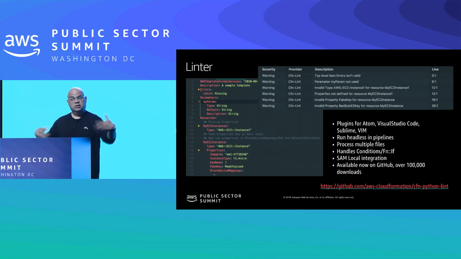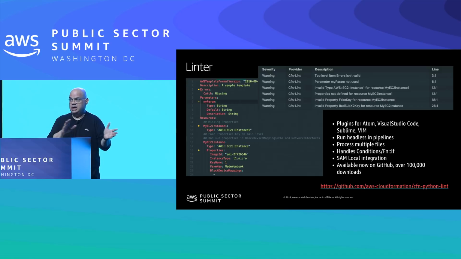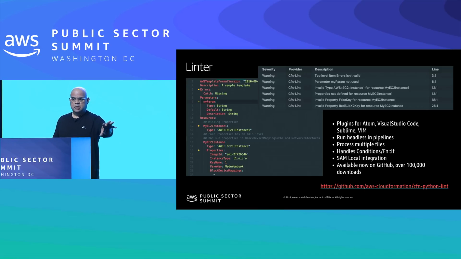And we continue to maintain it as well. But where the linter is right now, compared to the validate API or the validation when you upload, it's much more ahead than what's on the CloudFormation side, to the point that you should expect in the future that we will start syncing and using some of the linter technology on the back end.